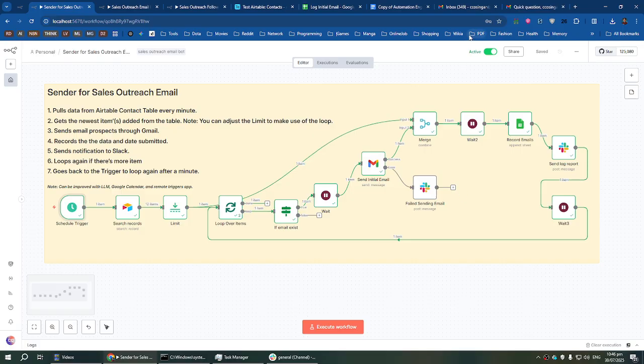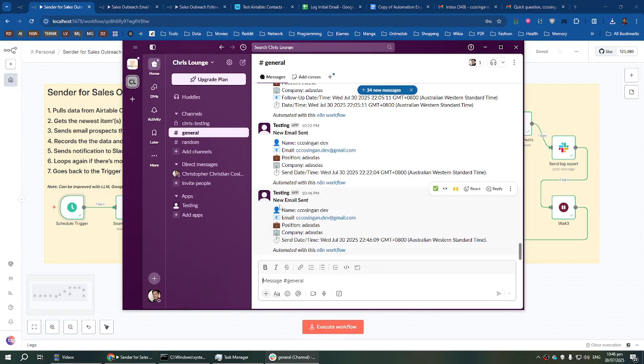Next is, yep, it also sends a notification to the Slack right here just now. New email sent.